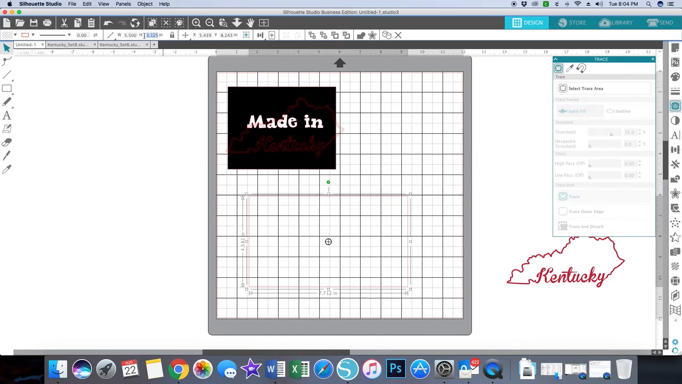So I'm going to do 5.5 by 4.25. And I didn't unlock, so it just adjusted the width to coordinate with the height based on the dimensions of the image the way it was. So let's try this again. 5.5 by 4.25, and then